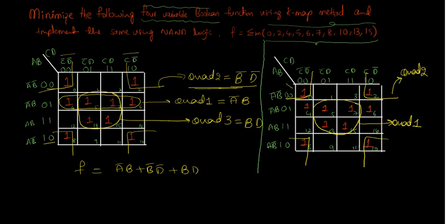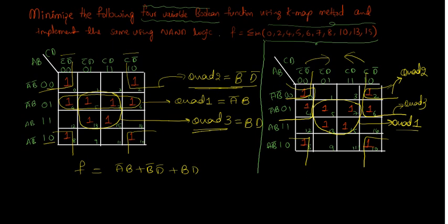Now one more possibility is 0, 4 and 2, 6. When you fold like this, in a vertical manner, this 0, 4 and 2, 6 will touch together, then these 4 will make a quad. So let me write it as quad 3. Here quad 1 is also essential. Here we are calling it quad 1, in the previous case we called it quad 3, but in both the cases we are using this group. There is no other chance, right?